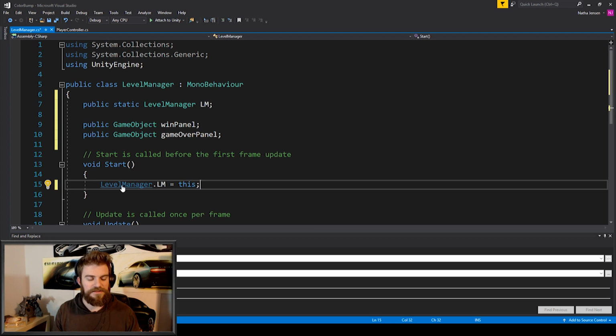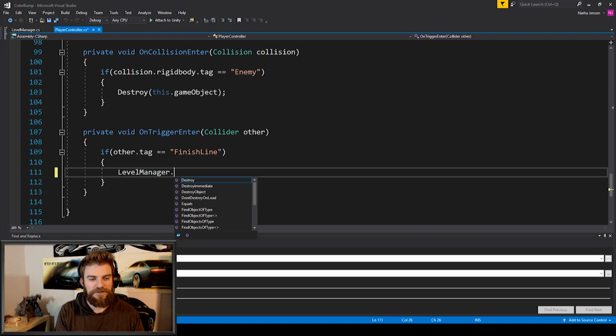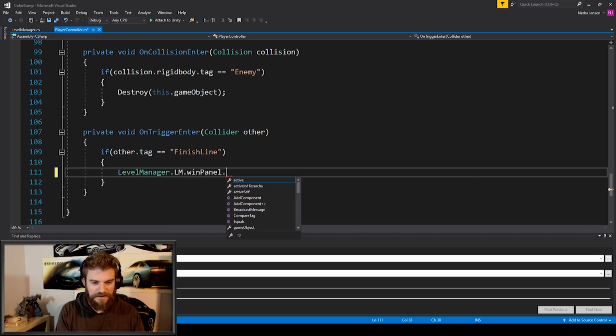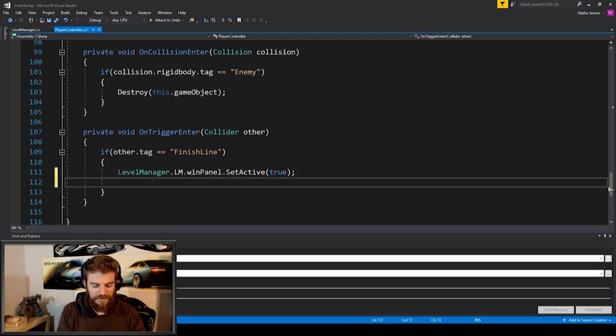So let's save this now and then go back to our player controller script. Once back inside our player controller script, we can then enable our win panel by accessing LevelManager.LM.winPanel, and then we're going to say .SetActive, and we're going to set it to true. Now one other thing that I'm going to do is set the velocity for our camera to be 0. And so I'm going to type camera rb.velocity equals